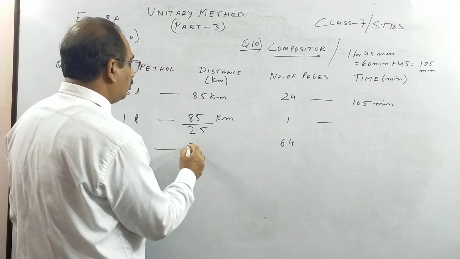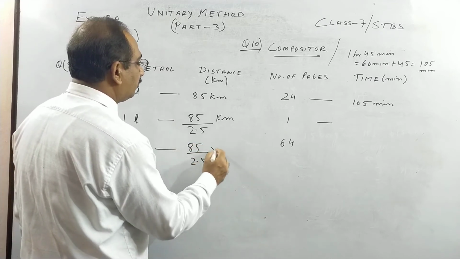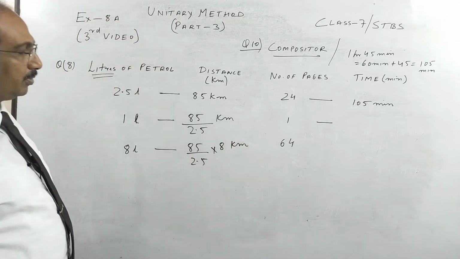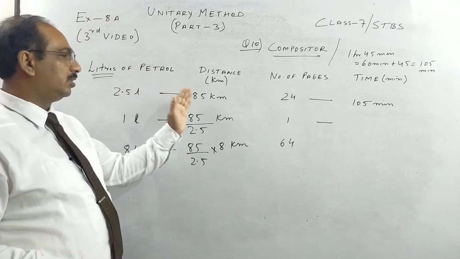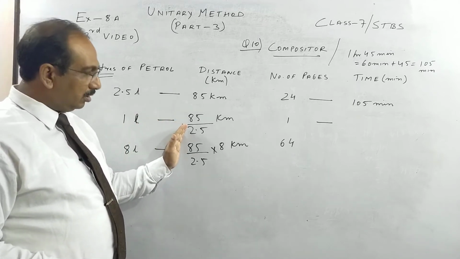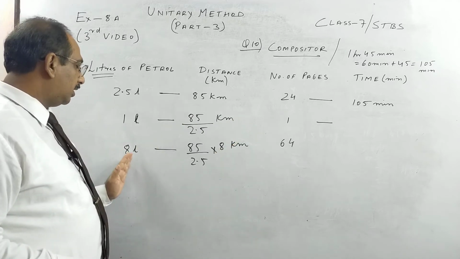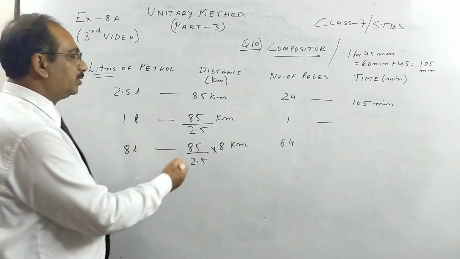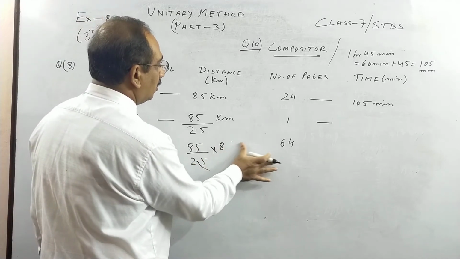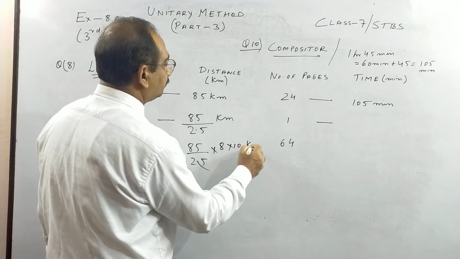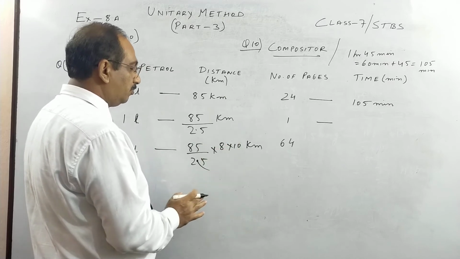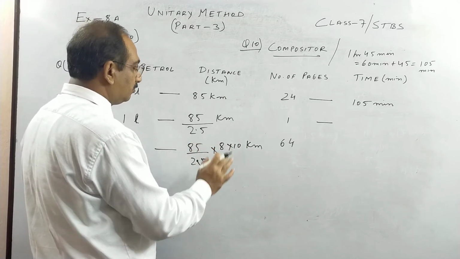So 8 liter we have more, children. So 8 liter it will go more, children. Now the last part I have to simplify it. So once more 2.5 liter it goes this, 1 it will go less. So you can write less petrol, less distance. As I was writing, more petrol, more distance. More means multiplication, less means division. So this decimal when it goes, so what will come, children? 10 will come here. 1 decimal goes, 10 will come here because it goes in the denominator, it will come in numerator.